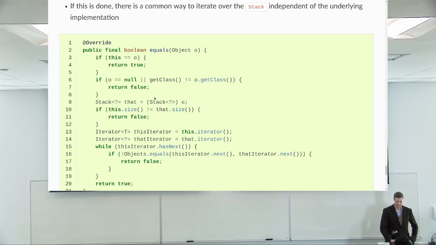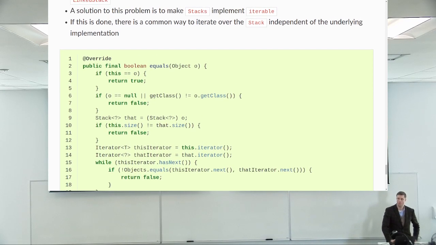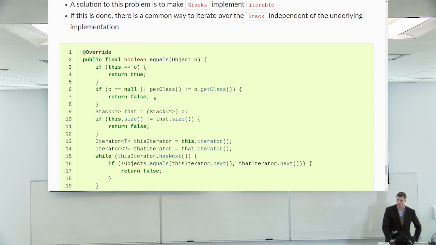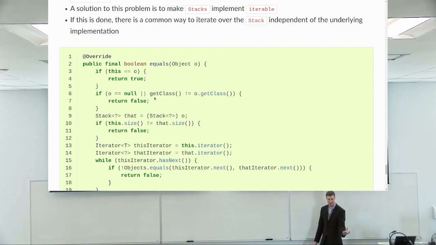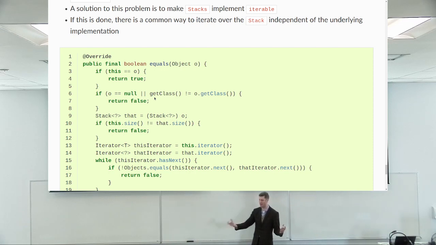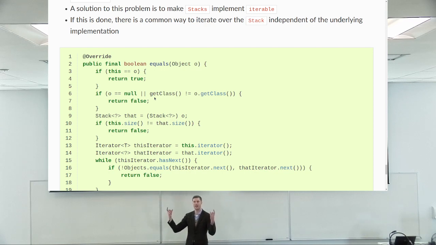But I don't really have a way to compare the things. But with iterators, I do. If I have iterators, I can get an iterator for this stack, an iterator for that stack, and iterate over the two collections and check for equality